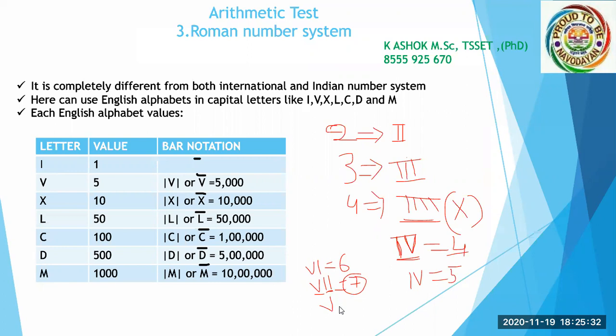Okay, how can you write 8? You have to write the 5 first and then 3 lines here, and this is 8. And how can you write the 9? Again, it's very important. So we have to write the 9 like this. It is 9, IX. You already know X is 10. So the 9 is very nearest to the 10. So that's why for the nearest we are writing like this. So IX, it is 9.